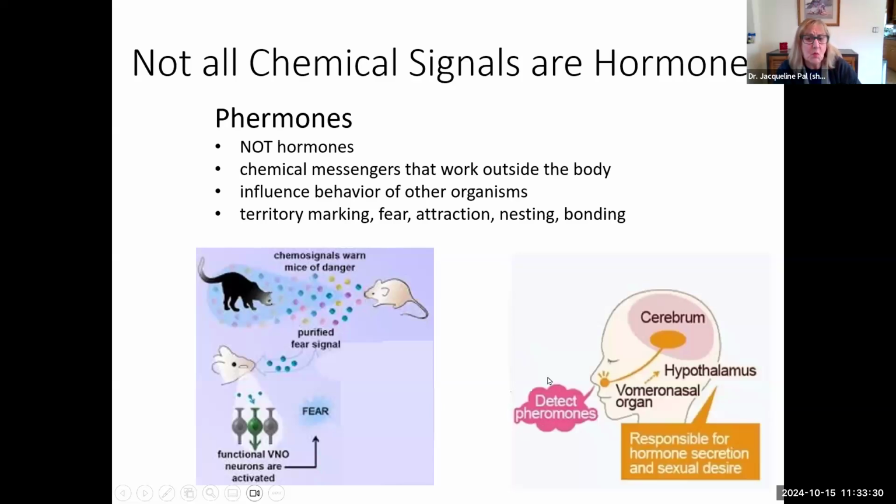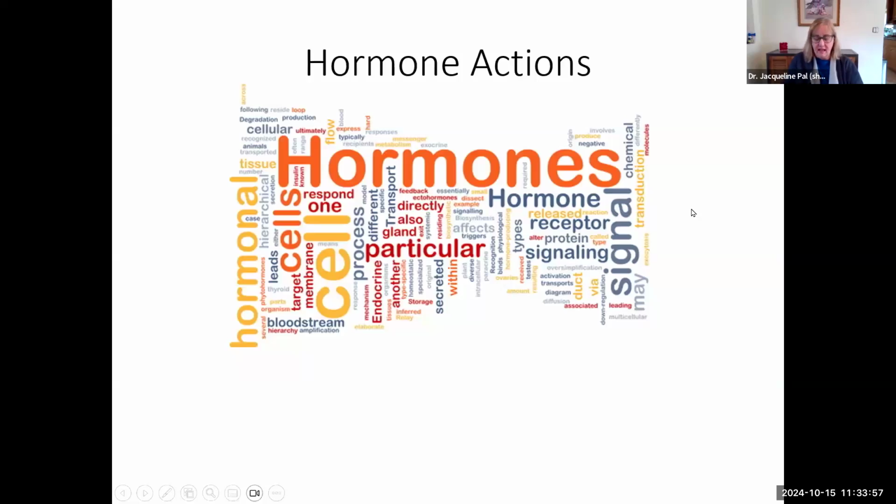As humans, we have certain pheromones that affect us and actually can make us secrete certain hormones, which can influence our sexual desire and our bonding. And this is important for male female bonding as well as bonding with newborns and infants. All right, let's get back to the topic at hand.